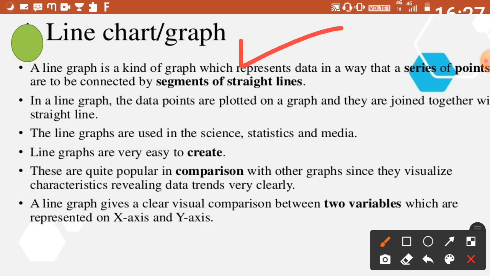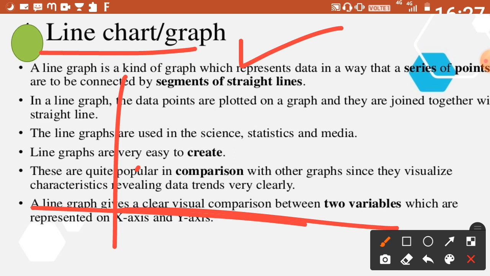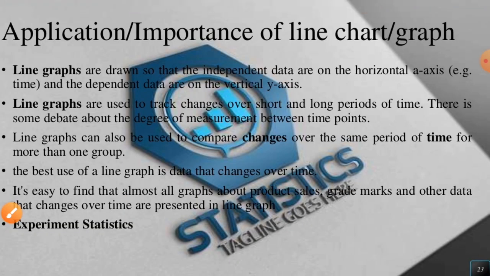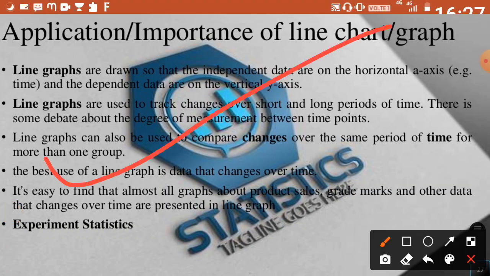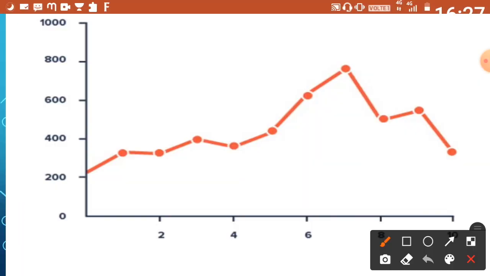So this is your line chart or line graph. The name itself says that the graph is denoted in lines. The graph is something like this. The line graph contains lines only, that's it. Here is also the importance of the line graph. I can't repeat the same thing again and again: it's easy to compare, easy to understand, easy to present our frequencies, etc. Same thing.